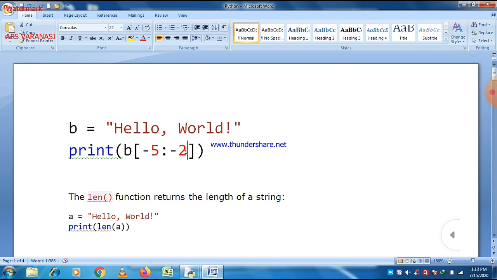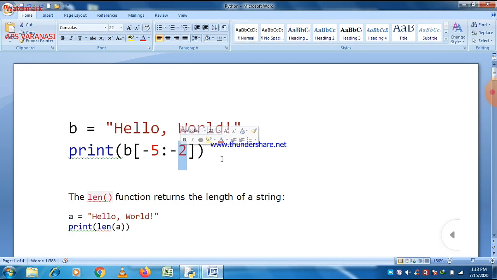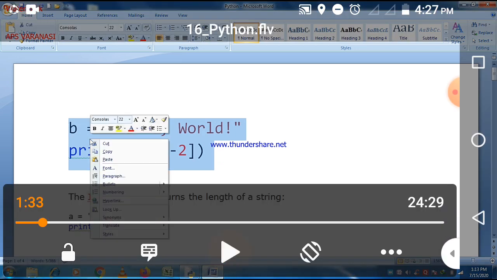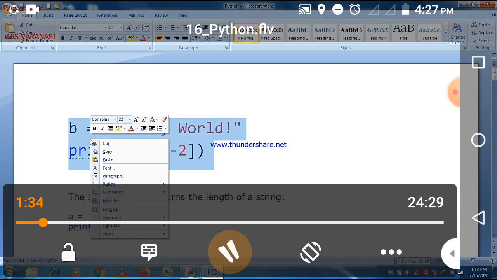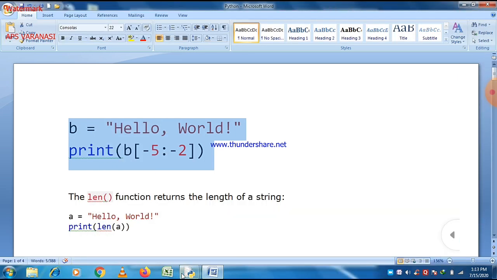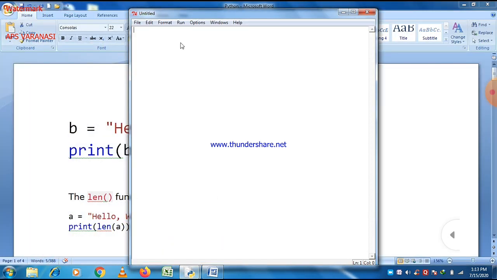Let us see what happens when we execute this program. Just copy it and paste it, and then execute it.